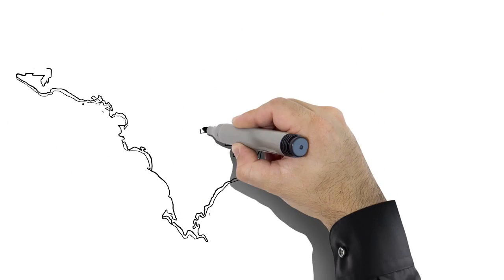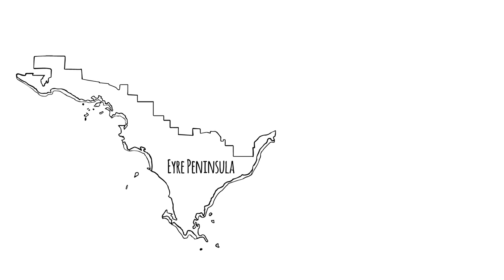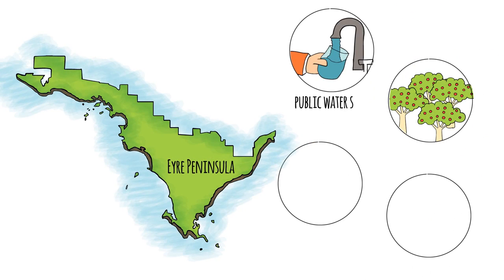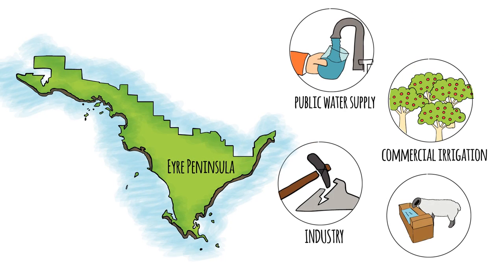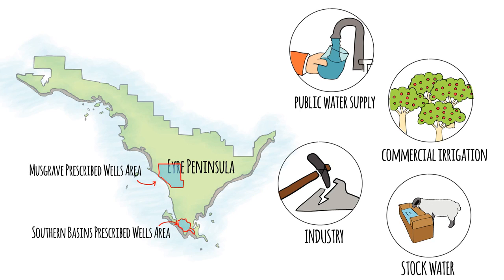The fresh water that is found in these aquifers is vital for the security of Eyre Peninsula's water supply and our industry and communities. It is from these aquifers that we source the water for our public water supply and other activities such as irrigation.